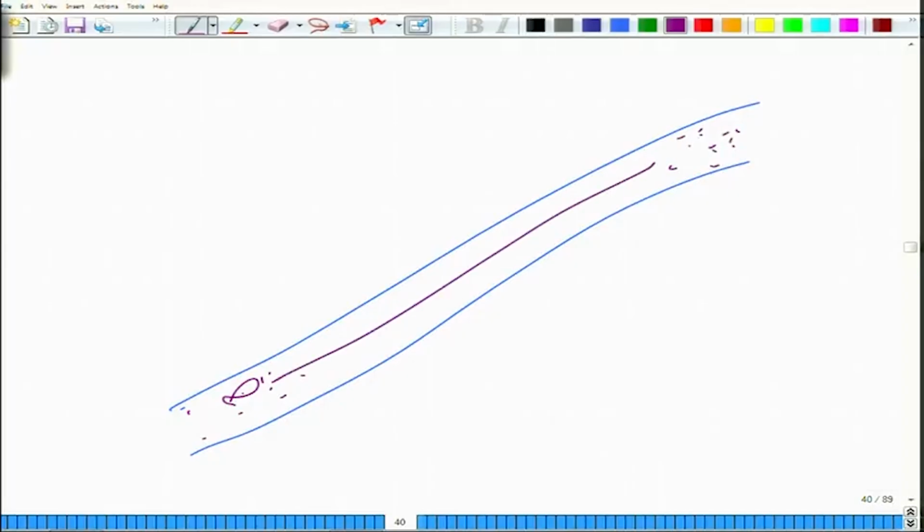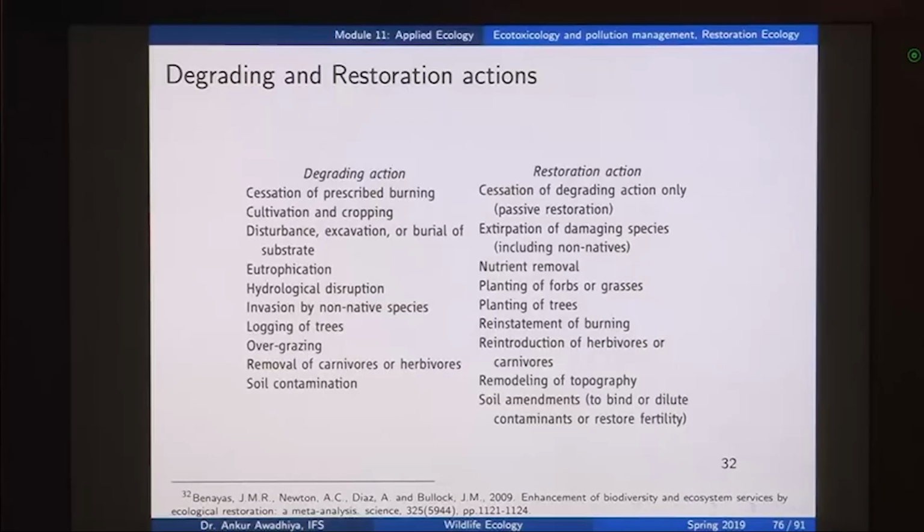So, there is a migration of these animals from one area to the next area. Now, suppose you create a dam in this area. So, once you have this dam, these fishes will not be able to move, their movement is hindered. Once that happens, they will not be able to go out to the other area to lay eggs, and in a short while their population will collapse.